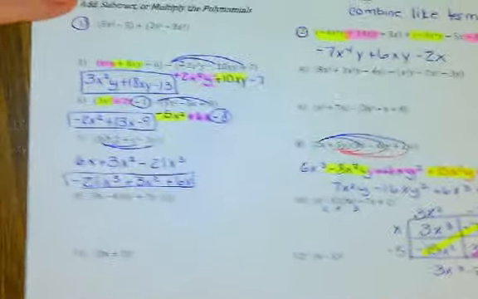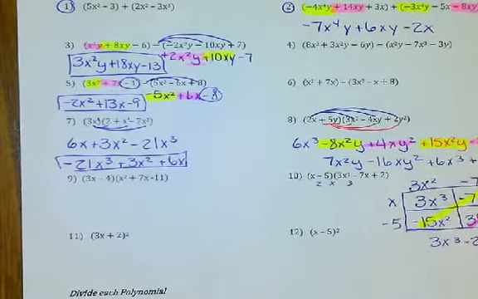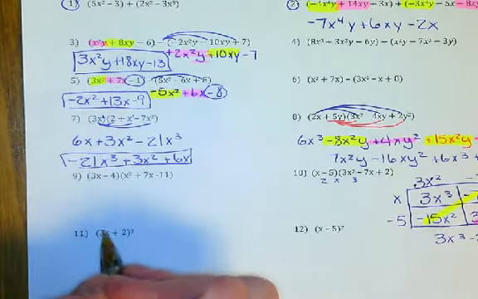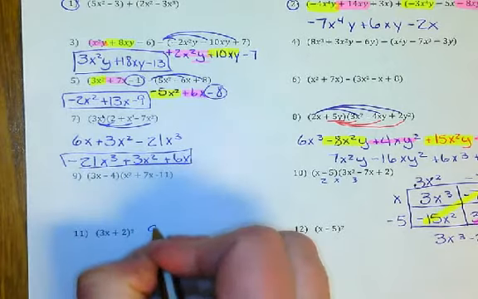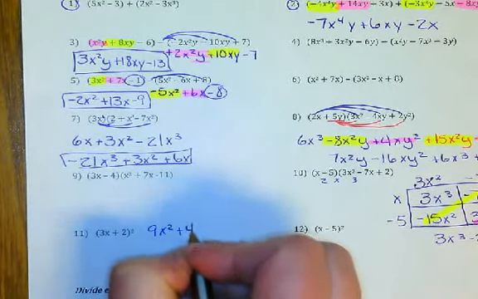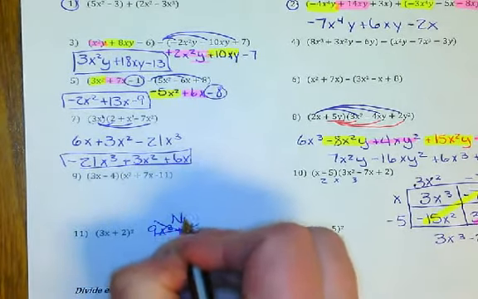Okay, on 11 and 12, I'm only going to do number 11. Just remember that you're not distributing this 2. This does not become 9x squared plus 4. This is a no,